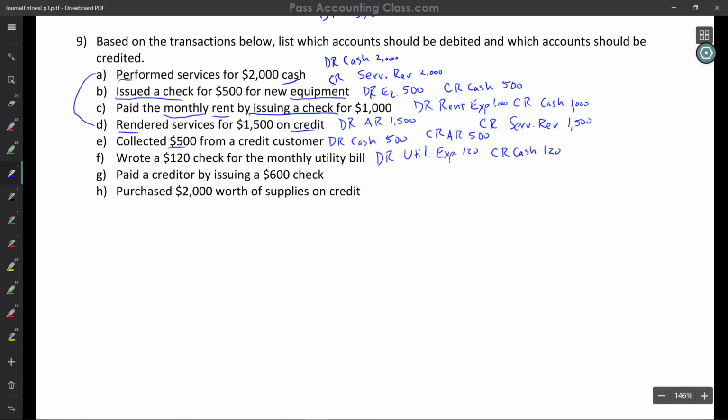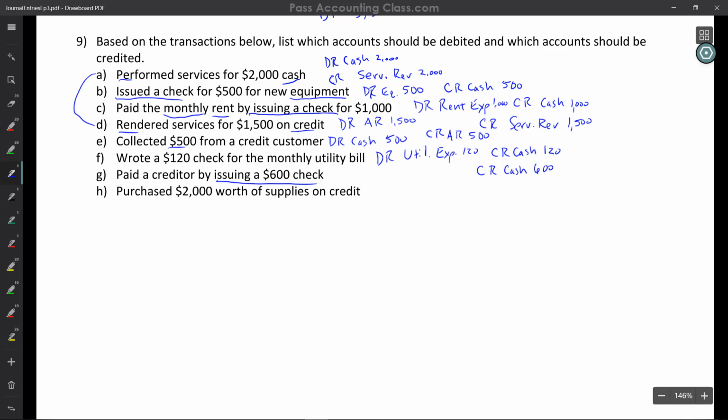for the $120. And for G, it says paid a creditor by issuing a check for $600. So again, if we issued the check, that means that we paid cash. Cash is an asset. We decrease the balance of cash by crediting it. So we are going to credit cash,